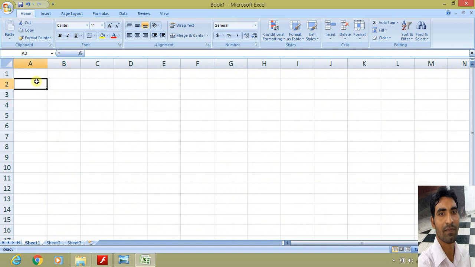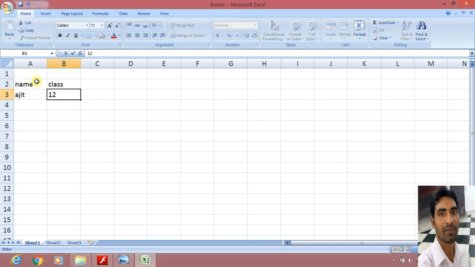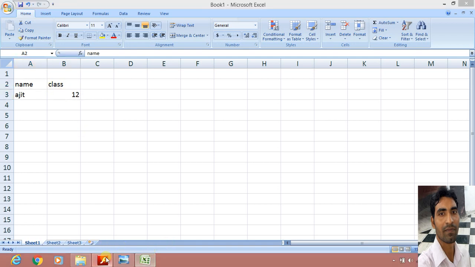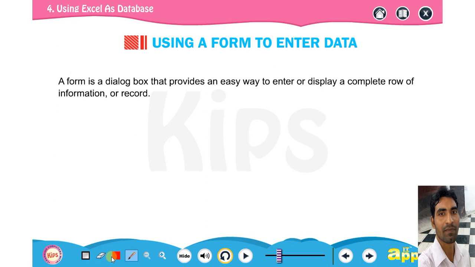So in the rows we type name, class, like name Ajit, class 12. So like this we type the records in the form of rows and columns, that is cells. But here given something different, that we can also enter data in MS Excel with the help of forms.